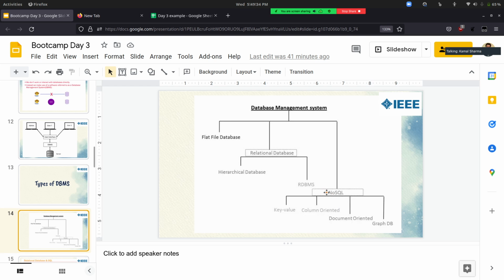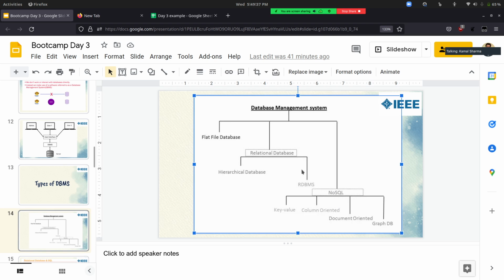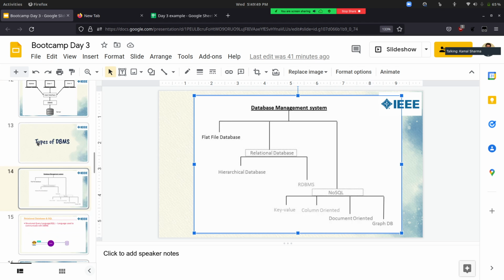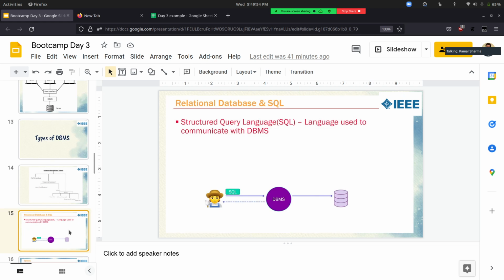It just means non-relational database. In simpler words, this is a relational database, and NoSQL is a non-relational database. That means we won't be using tables, but if we want, we can use them. That's what NoSQL means. In today's session, we'll be using a relational database only.